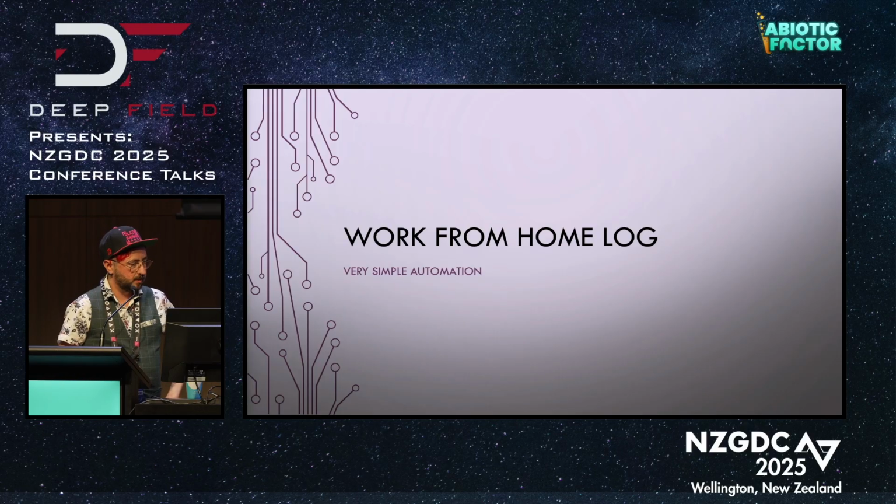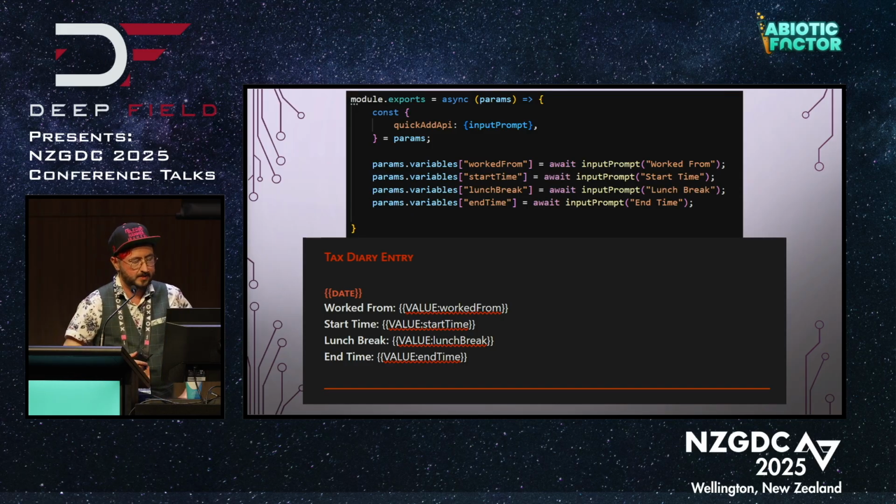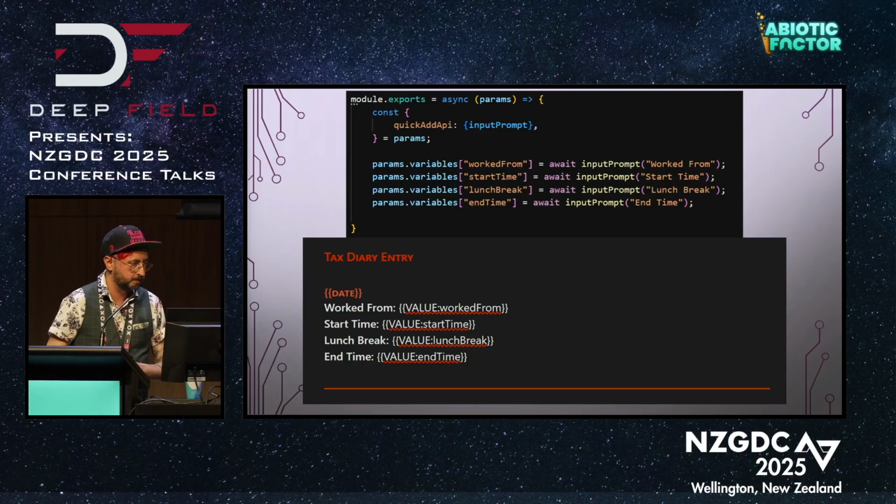I was going to quickly talk about my very first automation, which was when I realized I had to record my work from home hours for tax reasons. I didn't want to fill out a spreadsheet because that felt like a lot of effort. So I decided to leverage the Quick Add API and use that instead. I didn't remember to put a GIF in of what this looks like, but